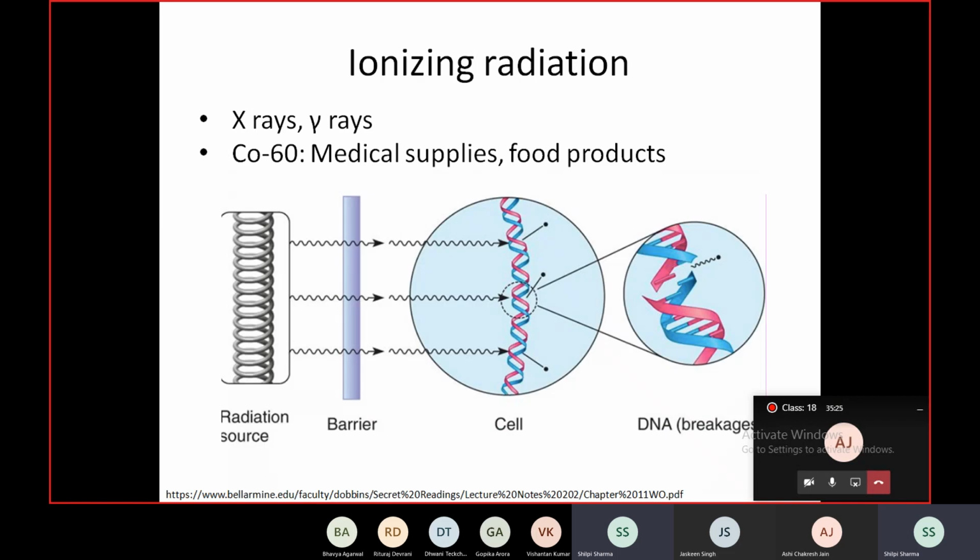but UV is normally used as a non-ionizing radiation in sterilization. Ionizing radiations have a deep penetrating power with sufficient energy to cause electrons to leave their orbit, so they can break DNA. They even subsequently inhibit cell division. They destroy cell components. They are used in sterilizing medical supplies and implants and even food products. Cobalt-60 is the one which is very commonly used. In fact, irradiated food has been long debated, with people being skeptical of consuming food that is irradiated.